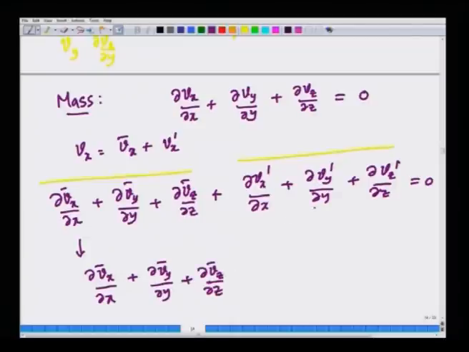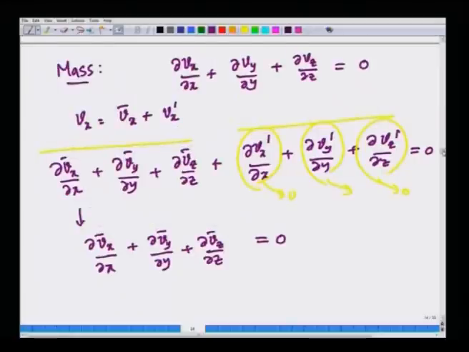But if I time average this, each term will give you 0, because these are linear in the fluctuating quantity. So if I time average this entire thing, they are individually 0. Okay. So I will get one relation: that the mean velocities also satisfy the same continuity equation, partial V x bar by partial x plus partial V y bar by partial y plus partial V z bar by partial z is 0. Now, I subtract